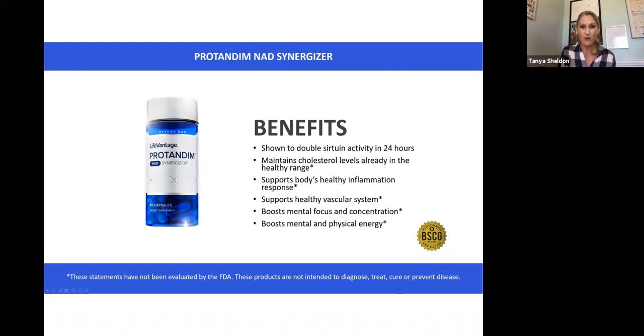And it's half of what it was at 20 when we're at 50. We need something to give us more NAD, right? And there's a lot on the market saying that they can give us more NAD, but not to the level that LifeVantage is bringing to you. So by taking our NAD Synergizer, it's shown to double the sirtuin activity, those longevity genes in your body, in